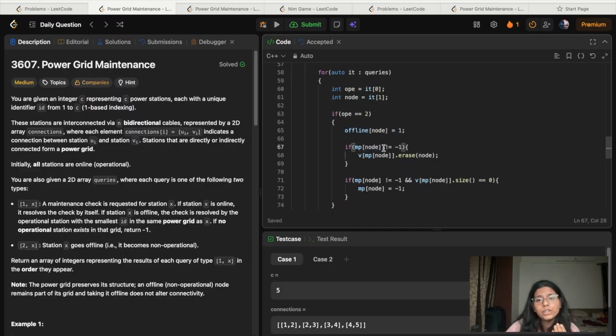The map of that node will be the index of that vector. So if it is not equal to -1, it means that node is present in the set which is at some index, that is map of node index.